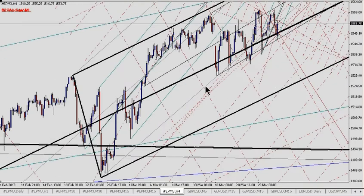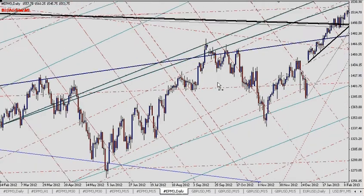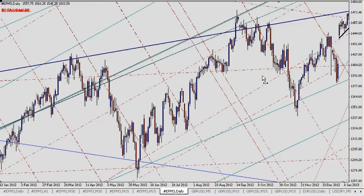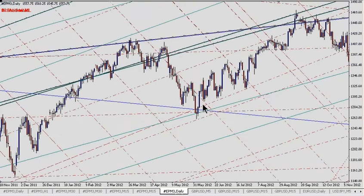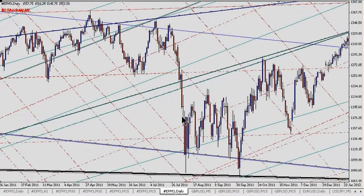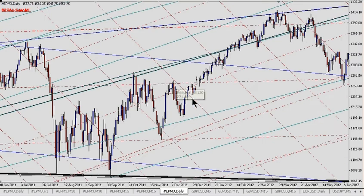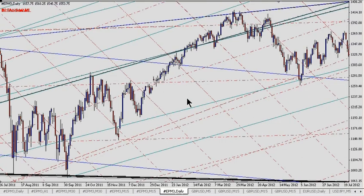I just want to first of all show you the current situation, but before I do that, I don't know if anyone's new on the course, but if anyone's in any doubt about the ability of these reaction lines to affect price, I just want to flick back through the last couple of years on this daily chart. If you have a look at these lines and the price distribution around them, you'll see they're incredibly powerful tools. We've identified about 16 to 18 reaction line